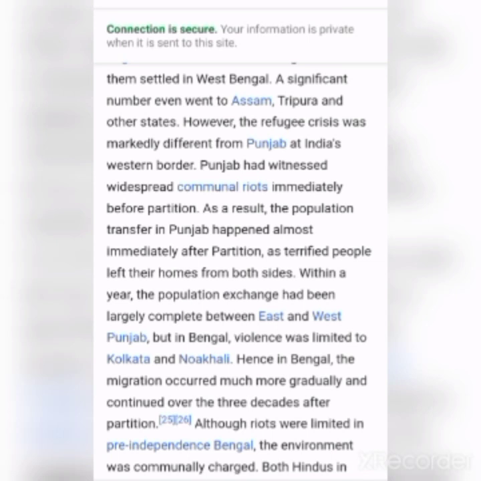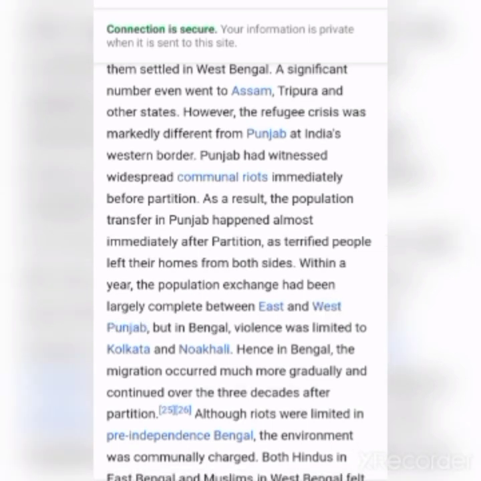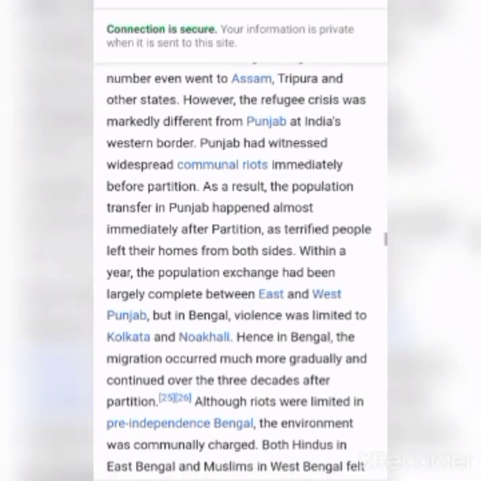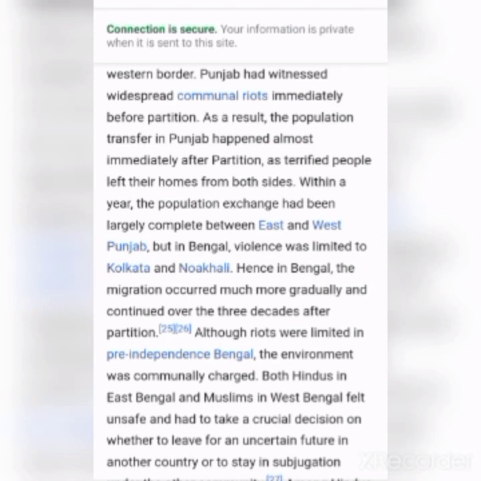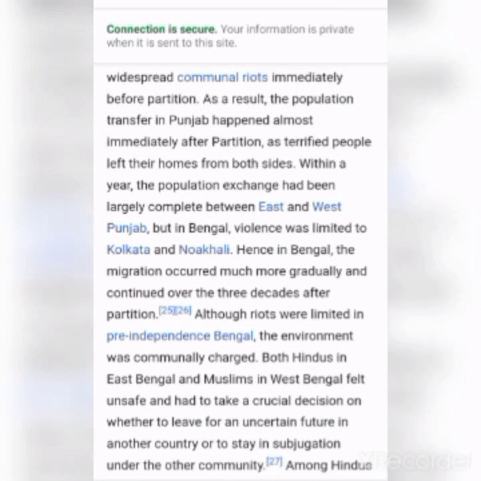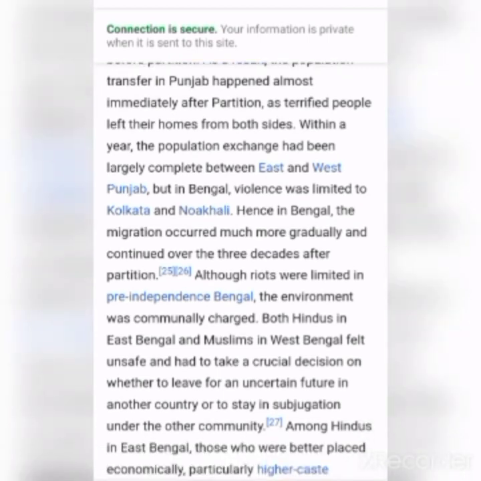Within a year, the population exchange had been largely completed between East and West Punjab. But in Bengal, violence was limited to Kolkata and Noakhali. Hence, in Bengal, the migration occurred much more gradually and continued over the